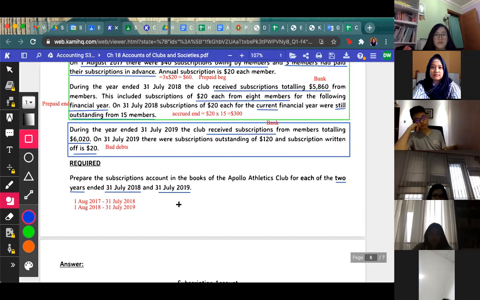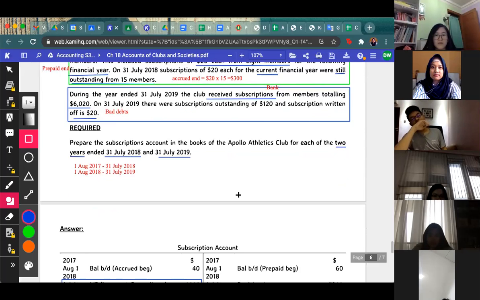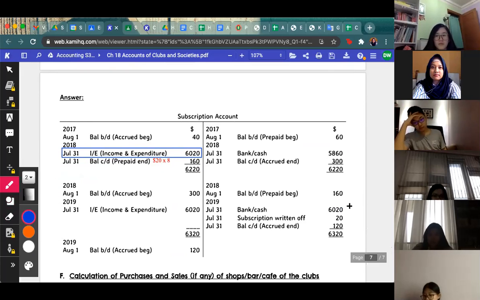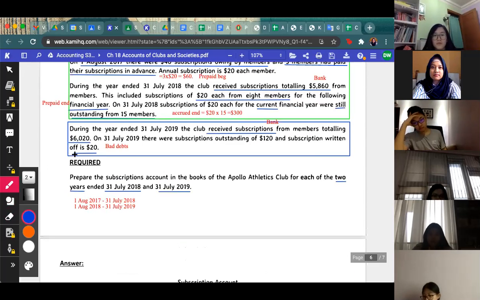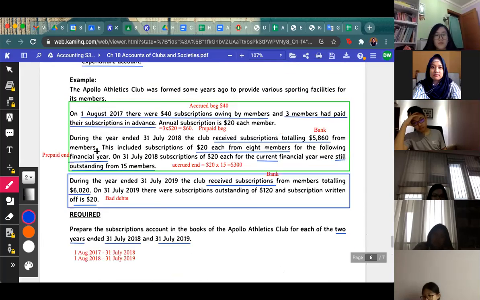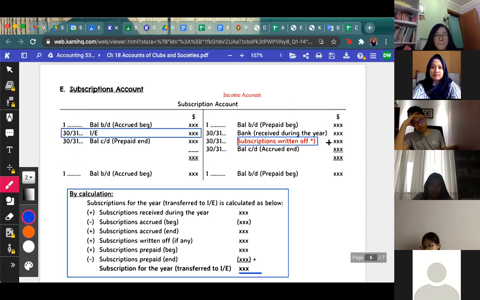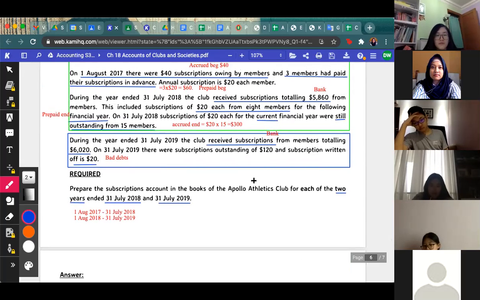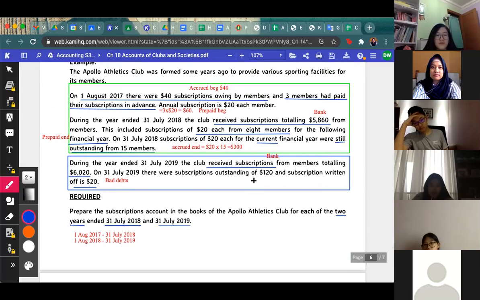Let's see another information that we receive: subscription from members totaling 6,020. So that is the one that you received here, 620, received from the bank. And then you also have a subscription written off, 20 bad debts. Written off is on the credit side. So you put that in the credit side like so. And then it also said that